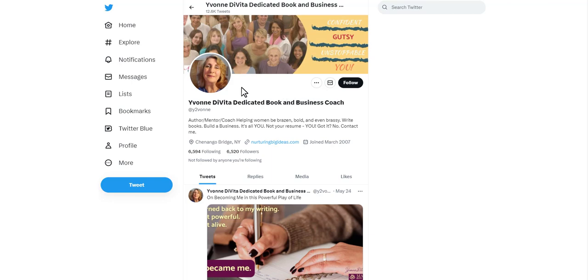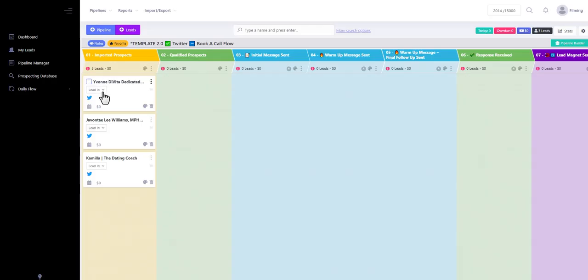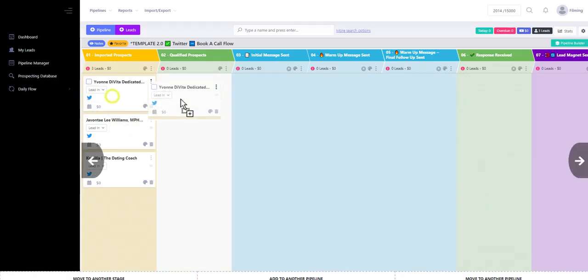The contact looks to be above 20 years old, so we can go on to my fourth and last ICP point, which is they must live in the United States. We can see here that New York is in the United States. This means that this profile is now a qualified prospect. So you go back into your account and drag and drop the card that we just qualified into the qualified